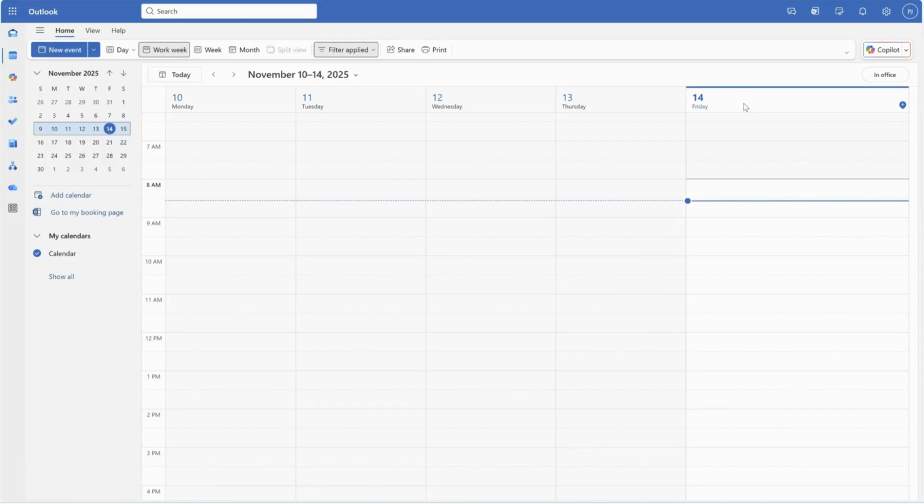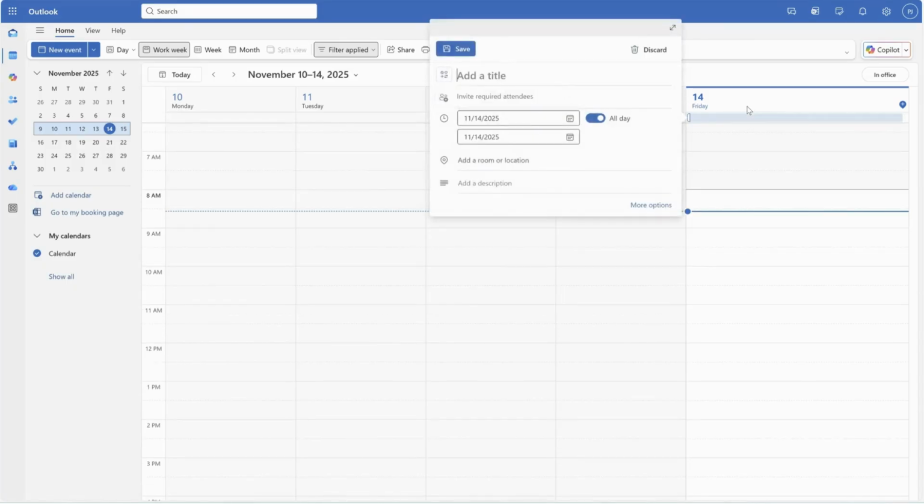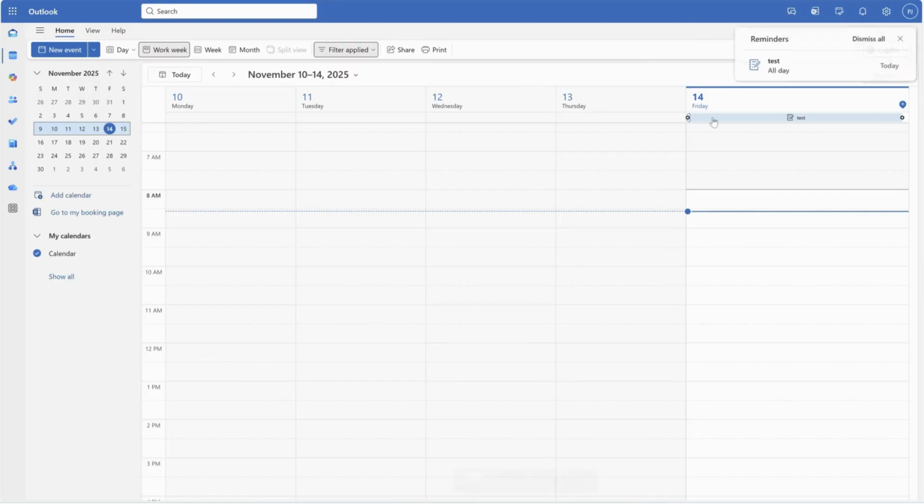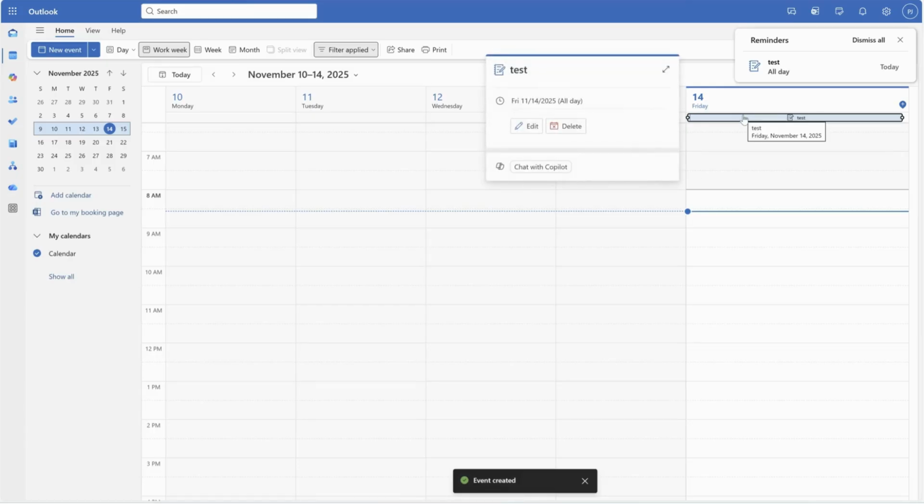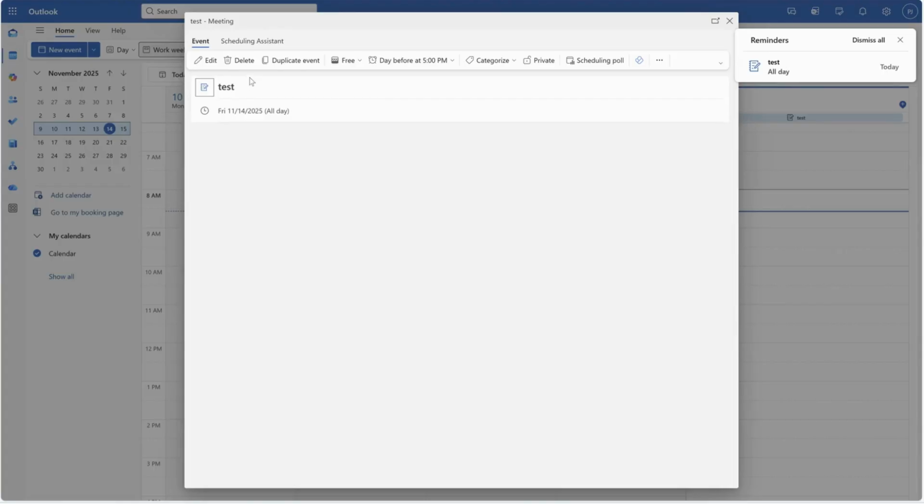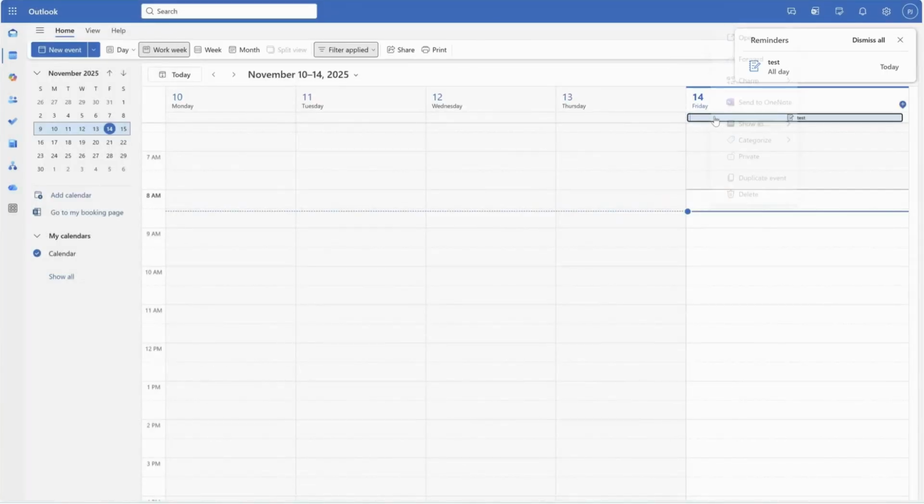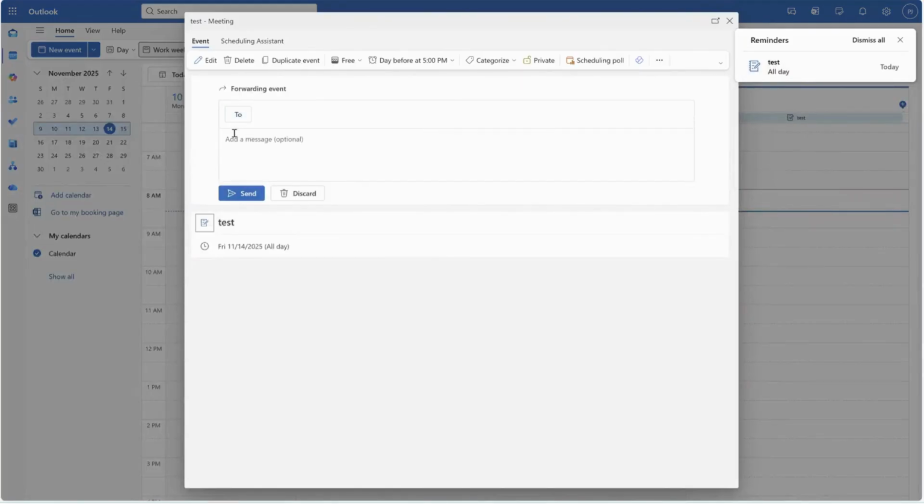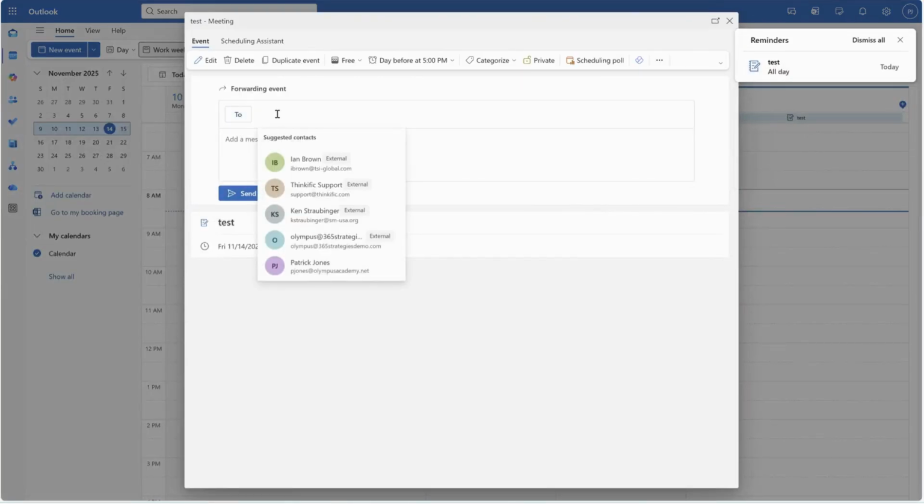So what you can do is in your calendar, create a meeting. So I'm going to create an all day meeting, right? And it's in here now. Now, what I can do is I can click on that and I will be able to, let's right click on it, right? And I want to forward that meeting. So I'm going to forward it to myself